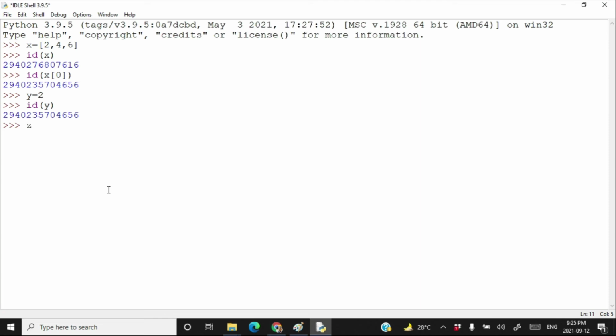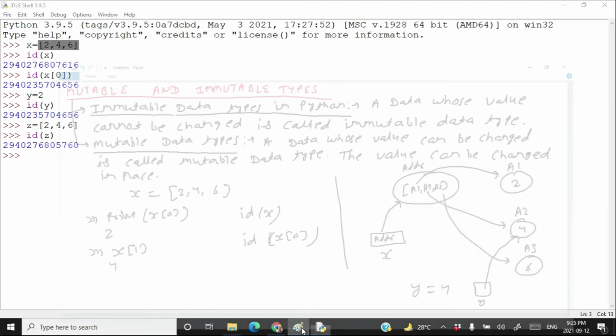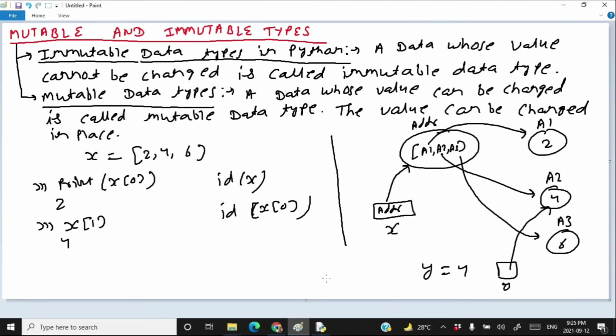Now suppose that I create one more list variable z which contains the same content 2, 4, and 6. As you can see here, even if the content of the lists are the same, the id of x and id of z are not the same. They are very different objects in memory, although pointing to the same 2, 4, and 6.